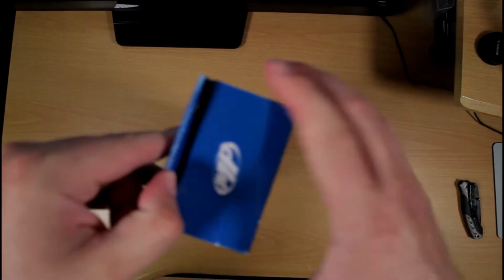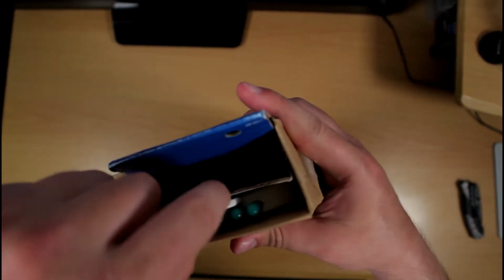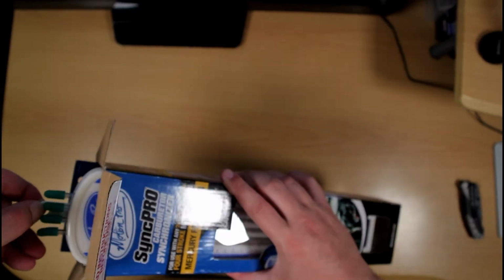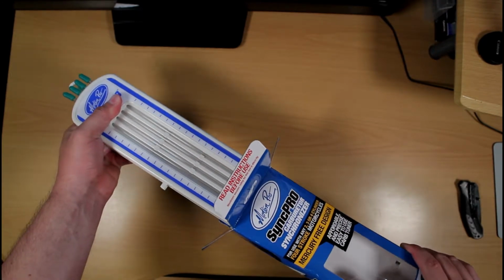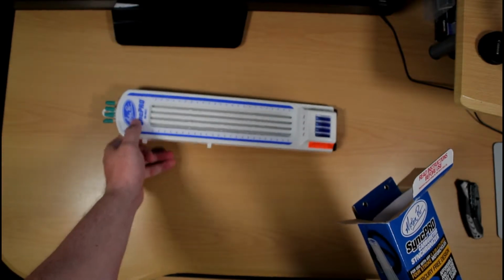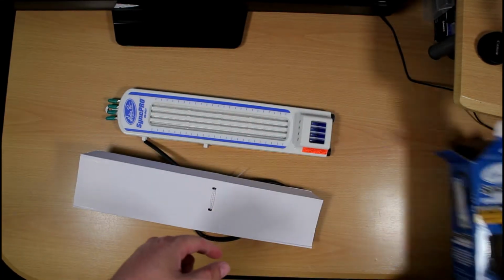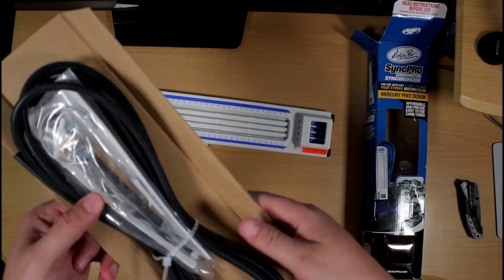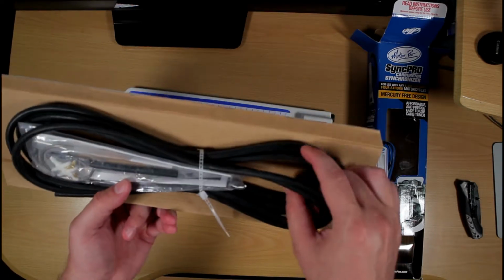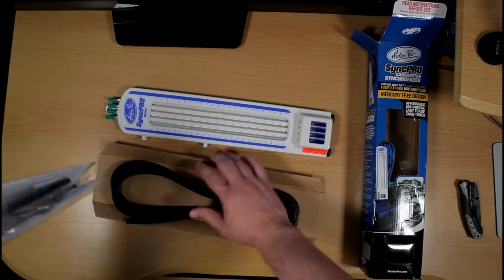So let me get into the box itself so we can take a look at all the different components that are in the box. It's very well packaged, as you can see here. This is the actual measuring tool here. Let me put that down here for a second and see what else is in there. And that's all that's in. Let's take a look. Okay, so this comes with hoses, obviously, or one long hose it looks like. I guess you're gonna have to cut it. It comes with a package of